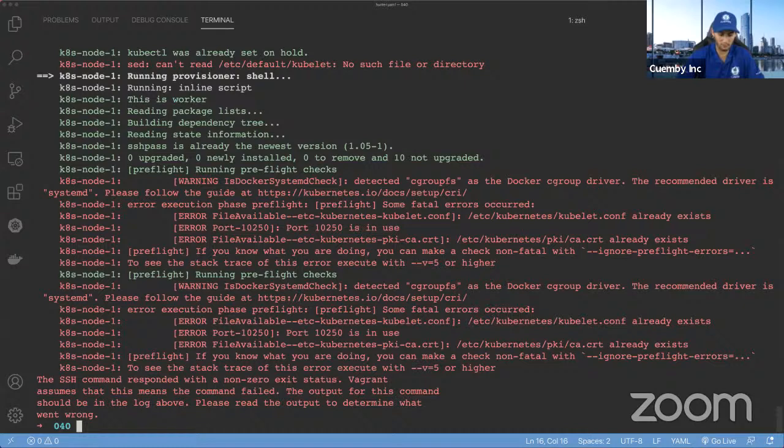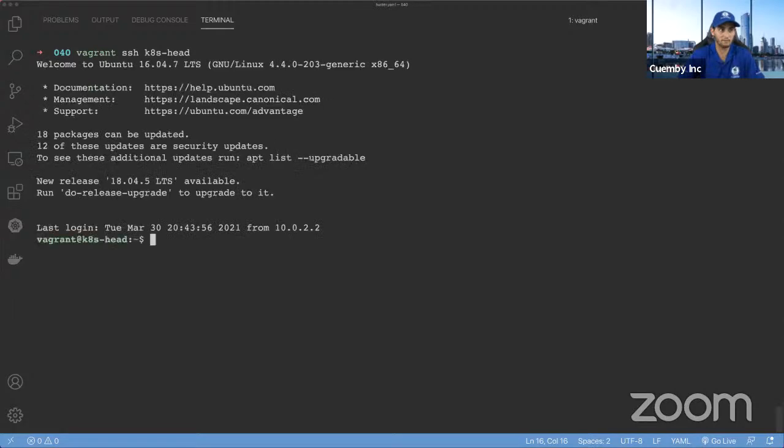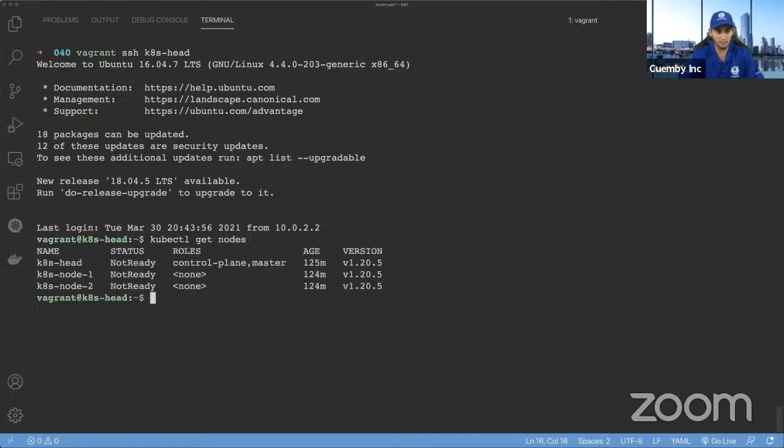Okay, looks good. Let me SSH and see if we can SSH inside Vagrant. Okay, we are inside Vagrant. Let's check if we have enough nodes. Cool, we are good.